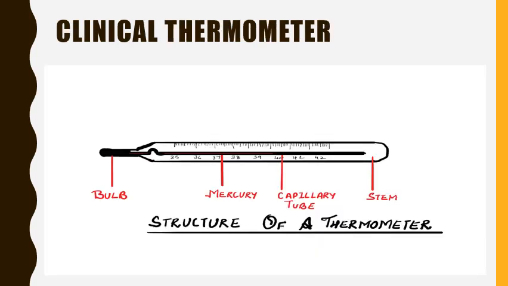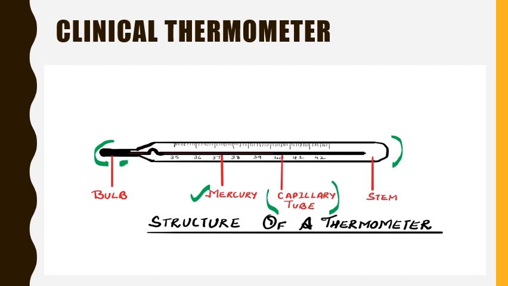The clinical thermometer is used to measure the temperature of a human body. It has a long stem with a bulb at one end and the other end is sealed. The stem has a very thin tube inside it. You can see in the picture also a black colored tube which is very thin, and this tube is called the capillary tube. The shiny liquid present in the bulb and a thin thread of the same liquid in the capillary tube in the stem is mercury.